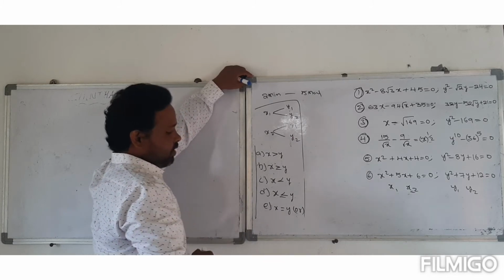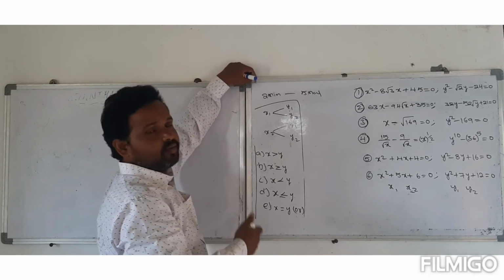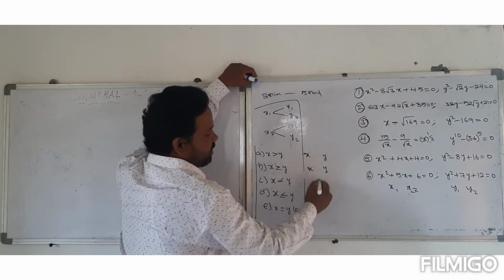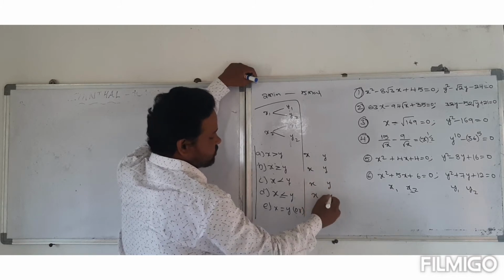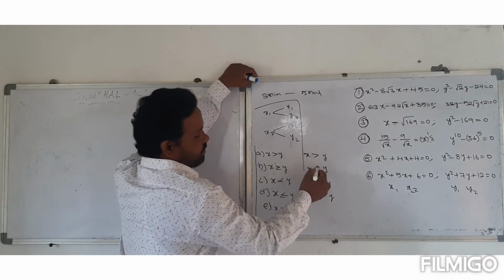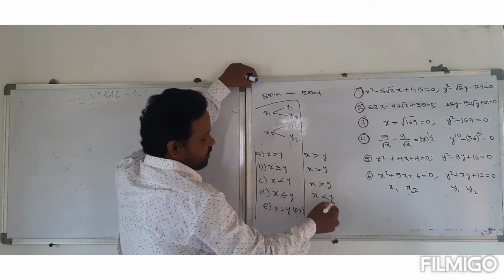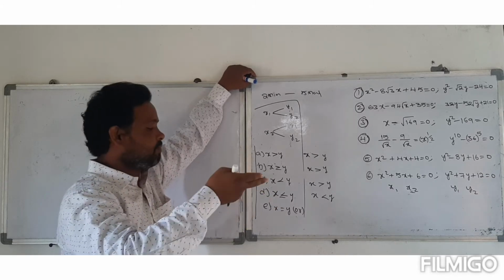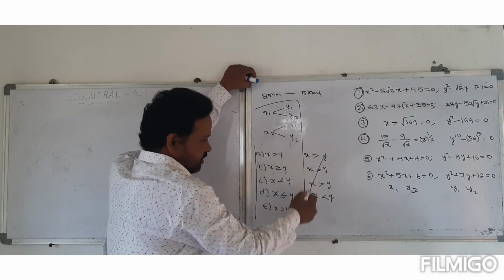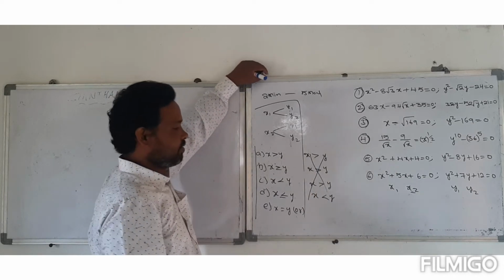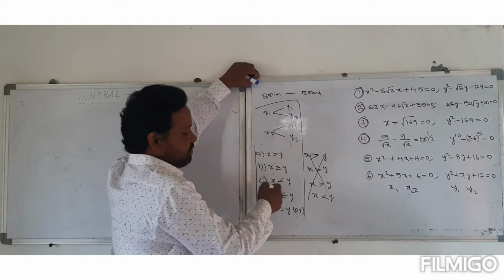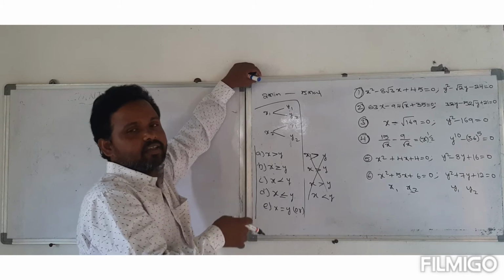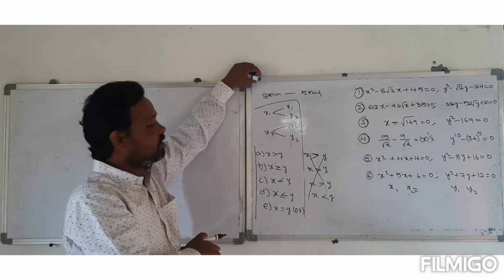Okay guys. Now, in which case are we unable to establish a relation? If anywhere the reverse sign is there, greater than and less than, then no relation is formed. With the combination of greater than, if there is equal to, greater than or equal to, or with the combination of less than, if there is equal to, less than or equal to, we can find that relation.